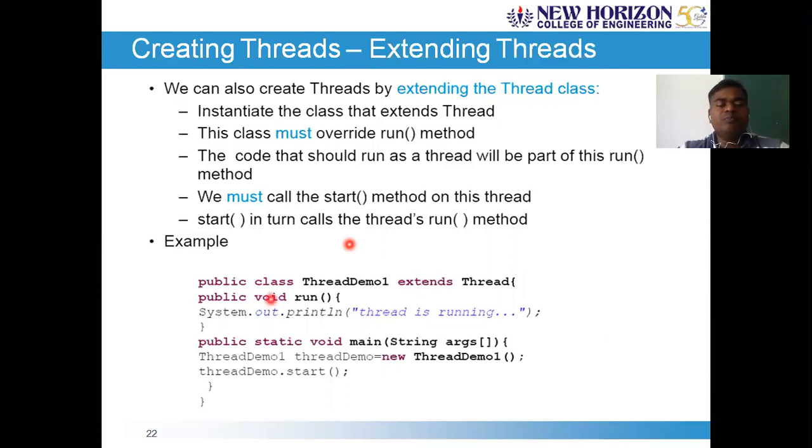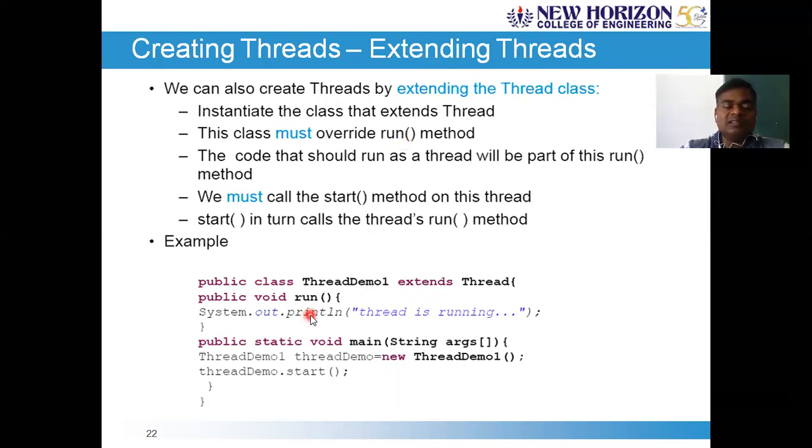Here it goes. Public class ThreadDemo1 extends Thread. And whatever run method has already been implemented in the Thread class, you must override. Override means the run method is already there in the Thread class that you are extending, that you are inheriting, which means the run method will come as it is. Now you make a customization based on your requirement. That is nothing but overriding. You are rewriting the run method of the Thread class that is inherited again in the new class that you are going to define.